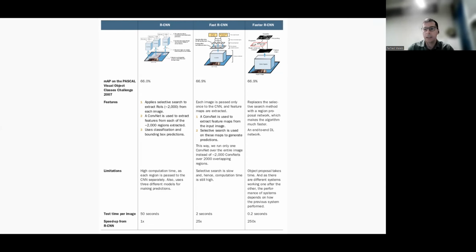But remember, this threshold does not contribute to the model when we evaluate it for the region proposal network. For the region proposal network, that's a choice, a hyperparameter, and it is something the person who designed the model picks.